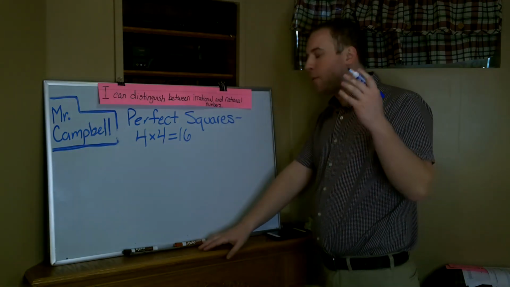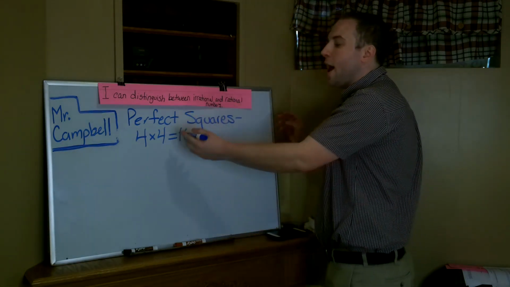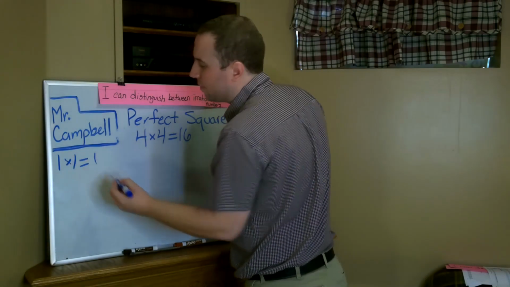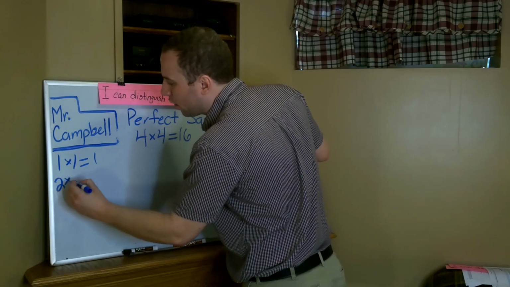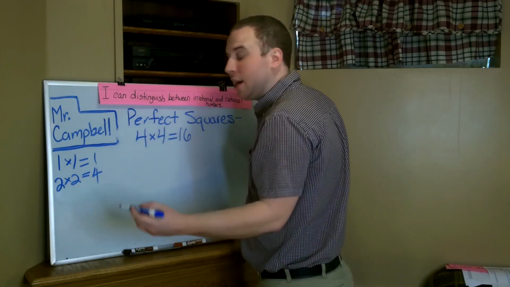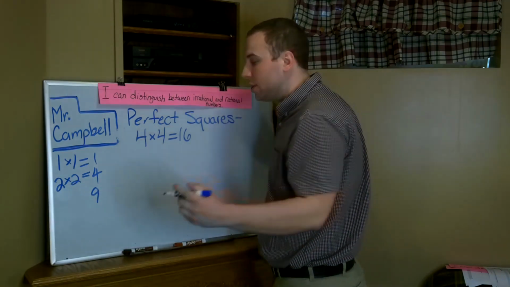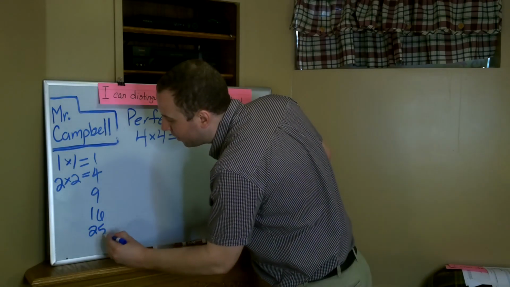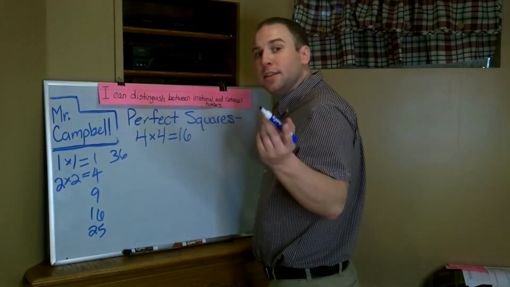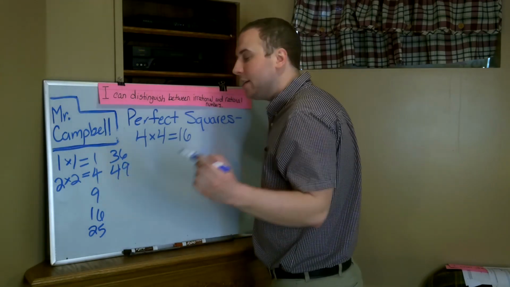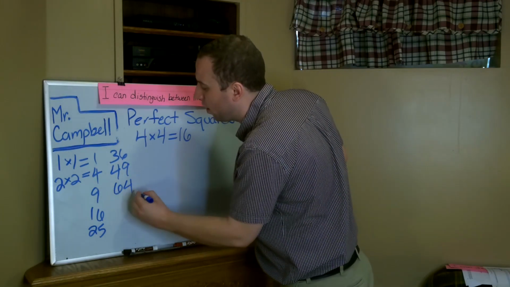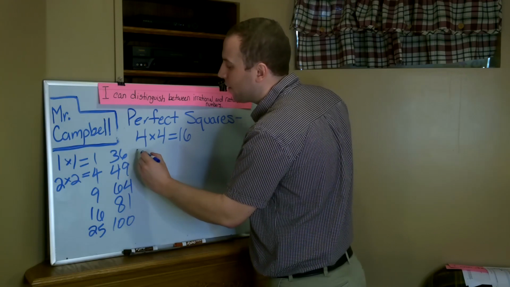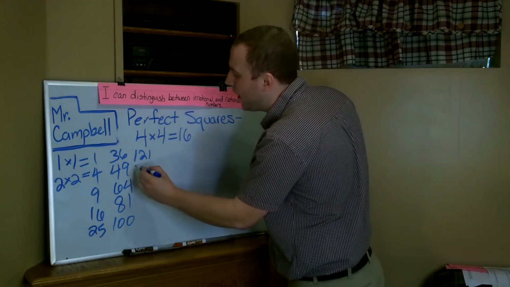So like we've talked about, and probably you've talked about in previous grades, 4 times 4 is 16, so let's start at the beginning. So 1 times 1, well, that gives me 1. 2 times 2 will give me 4. 3 times 3, 9. 4 times 4, 16. 5 times 5, 25. 6 times 6 is 36. 7 times 7 is 49. 8 times 8 is 64. And 9 times 9 is 81. 10 times 10 is 100. 11 times 11 is 121. And 12 times 12